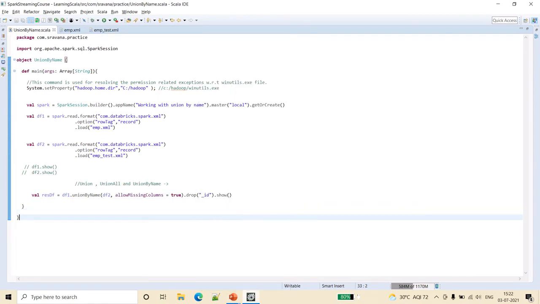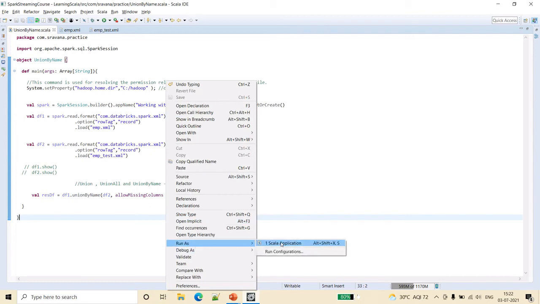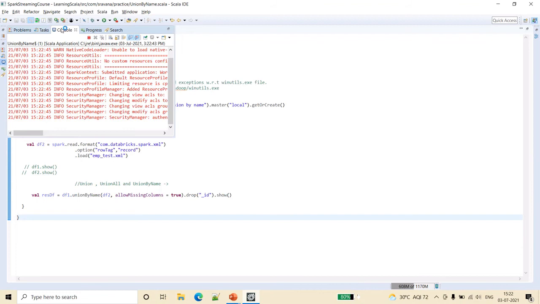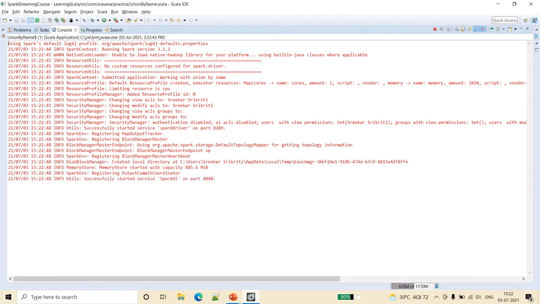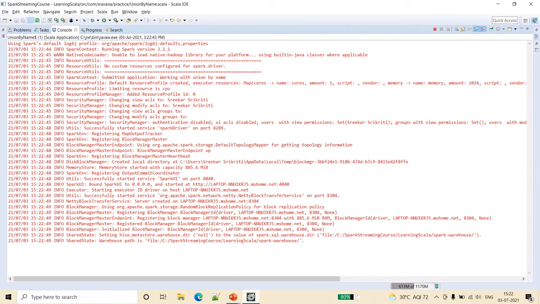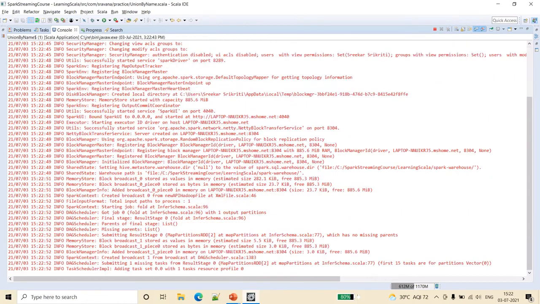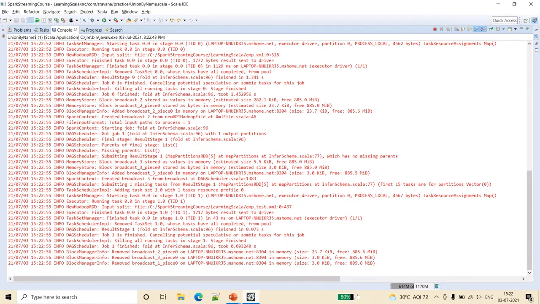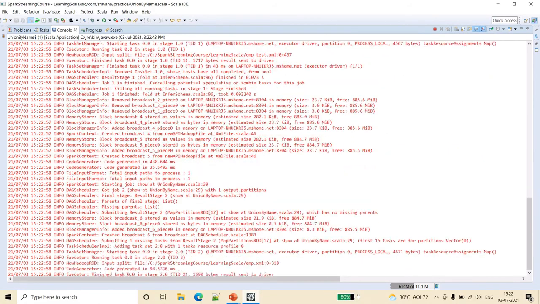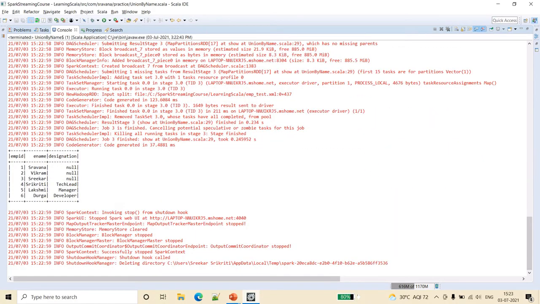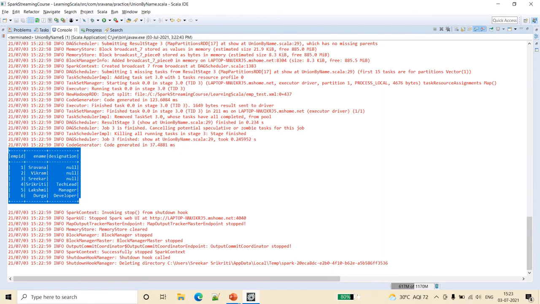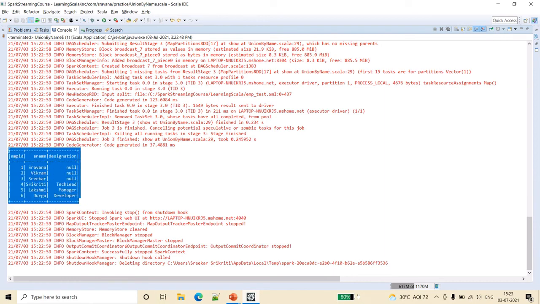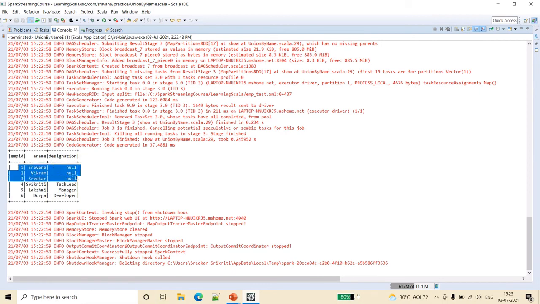Now let's run this job and see what kind of exception we get, or whether it will succeed. So friends, this is the output. Without any exception, we have received the output by combining both the data frames.